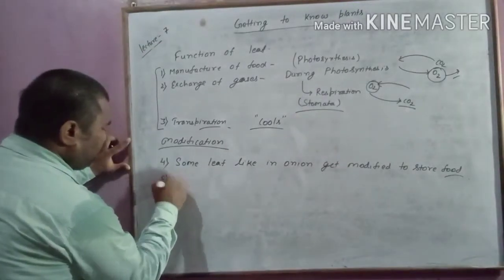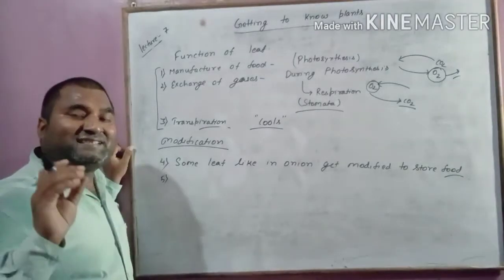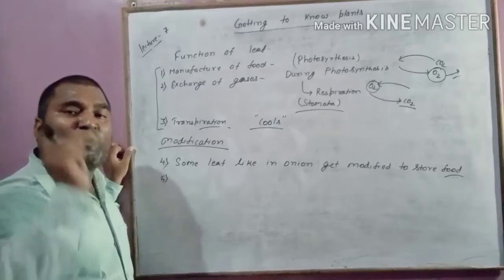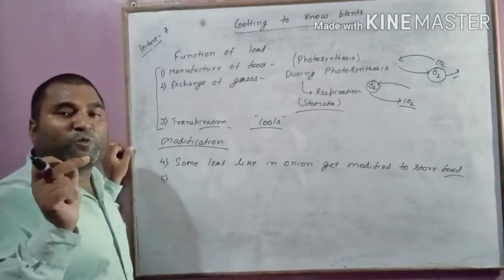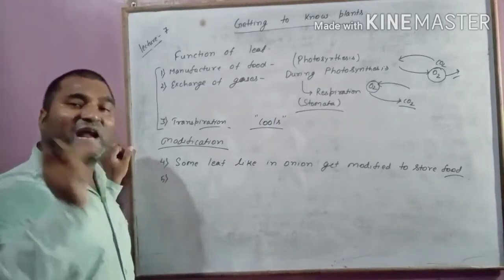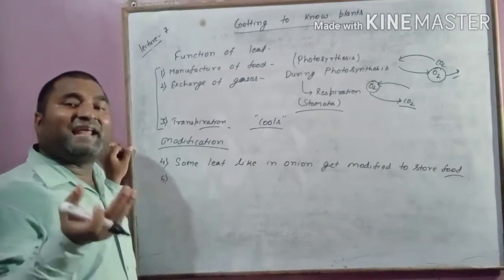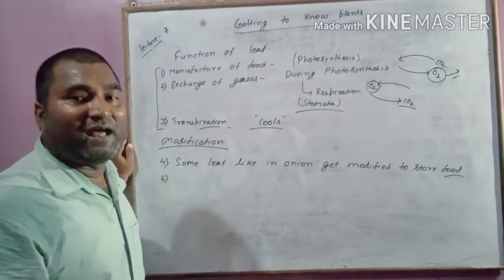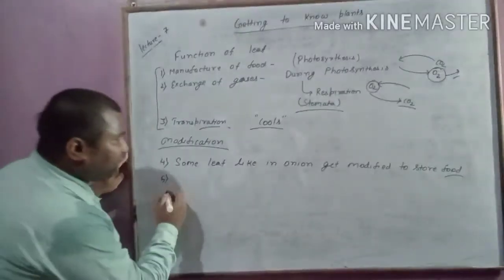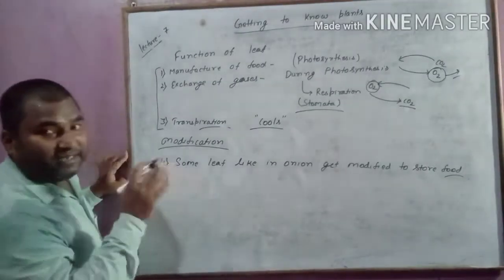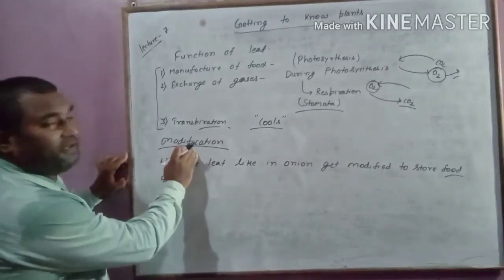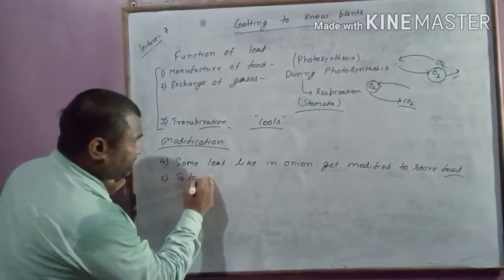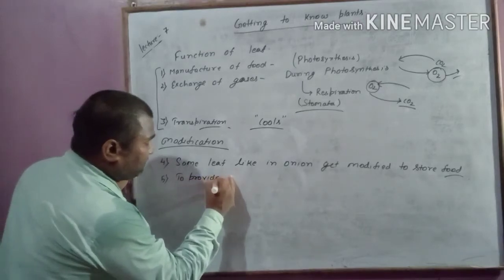Fifth, sometimes this leaf change into tendrils and it is a coiled structure, and this coiled structure get wrapped around a support and help the plant to climb, like in pea plant. So sometimes, it means leaf get modified to provide support